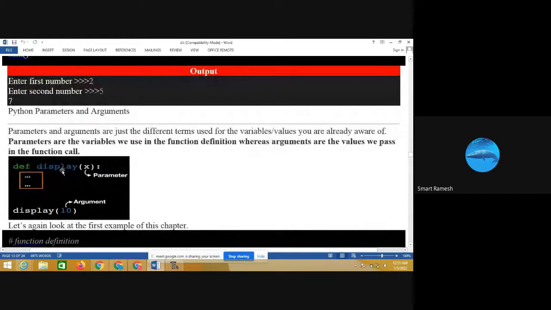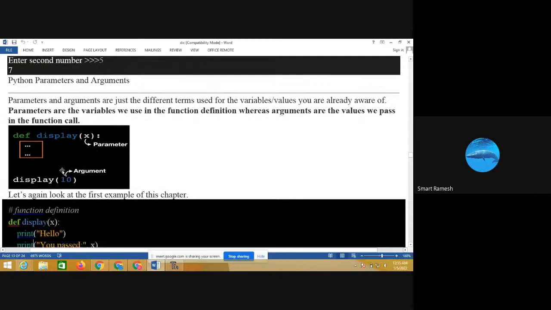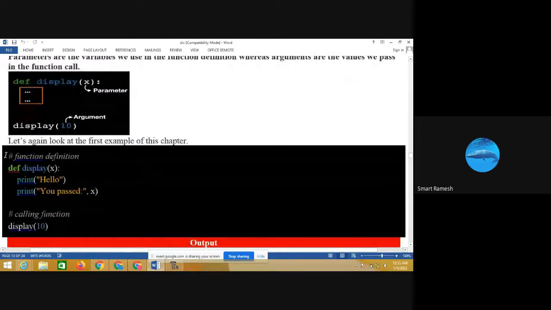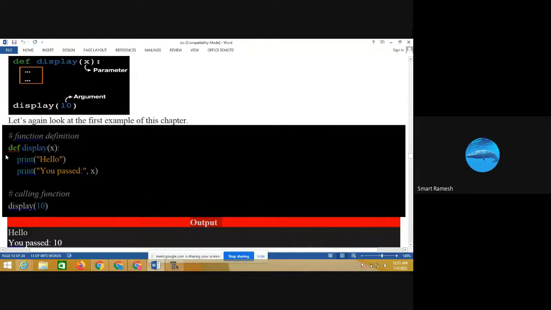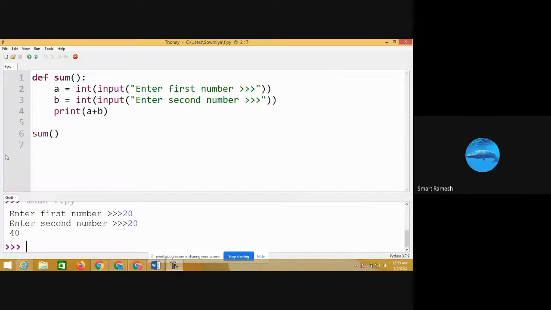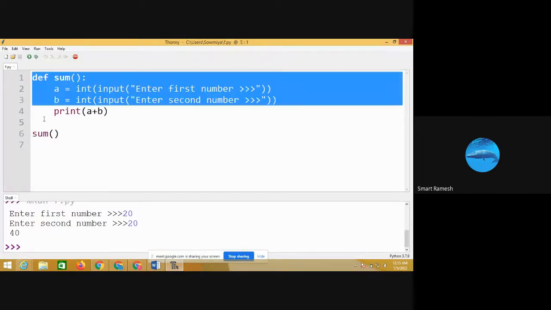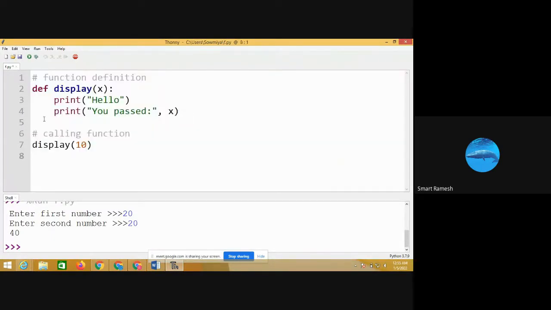Next, parameter and arguments. In the function, when we are defining the function, the variable x is called the parameter.